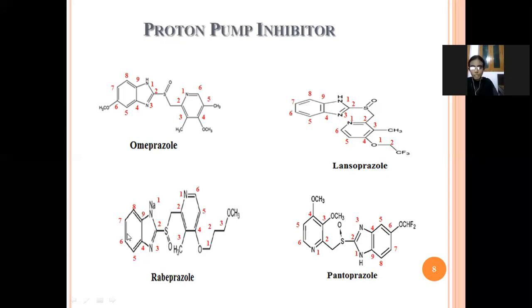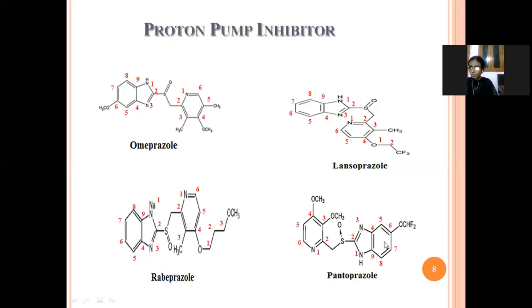See here, this is the benzodiazole structure, 1,3 benzodiazole structure, and here in the second position sulfonyl methyl group is there, and here pyridine structure. For the pyridine structure in the third position methyl group, and in the fourth position propoxy, and here methoxy group is there. Next, pantoprazole. So this is the benzodiazole